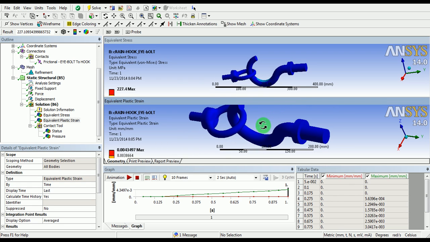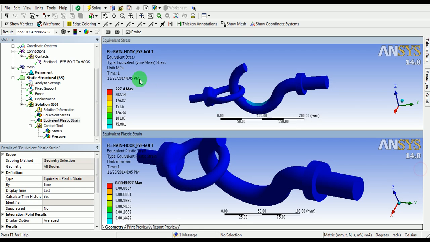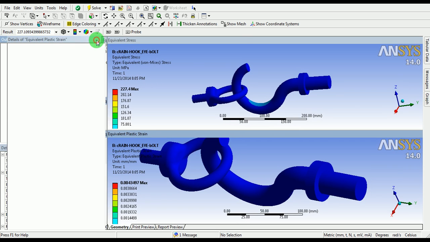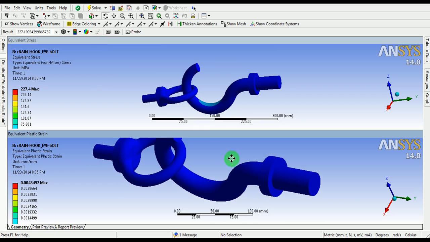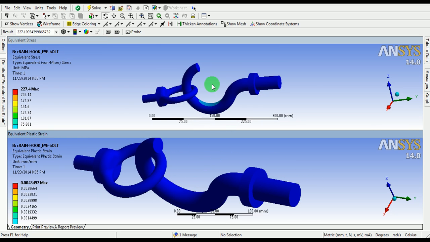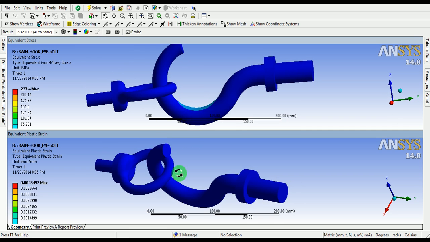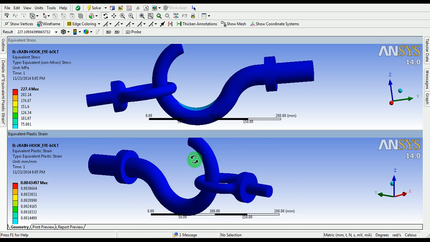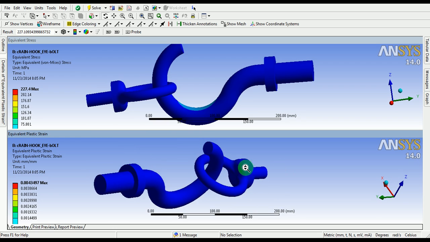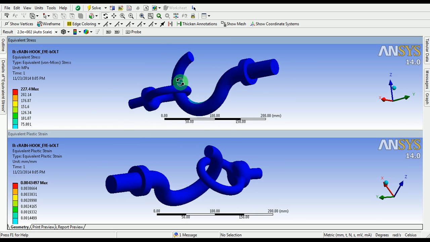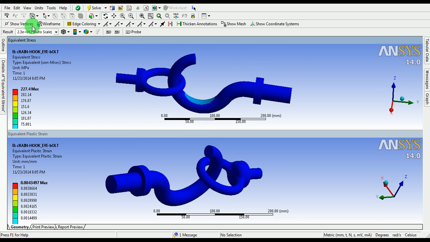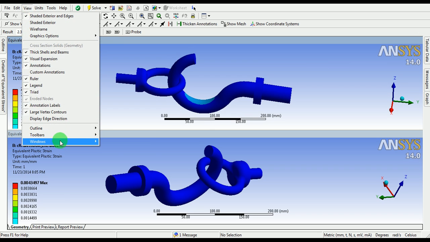Now hide all the windows by using these buttons. You can clearly view the two results and the locations of the stress and strain. To reset the window to the initial position, pick on View, Windows, pick on Reset Layout.